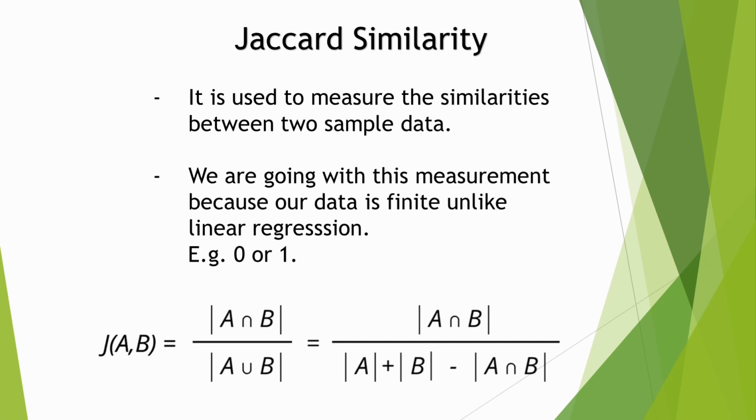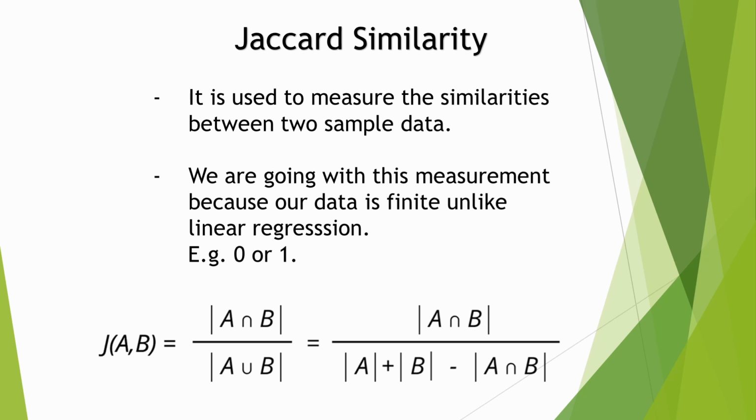So how are we going to measure the similarity between what we have predicted and the actual value? We can go for Jaccard similarity for this because, unlike linear regression in which we had the R2 score to find similarity between two data sets, here we use Jaccard similarity because our target variable is categorical. So let's say we have A and B as our actual and predicted values. We can calculate similarity between them using this formula below.